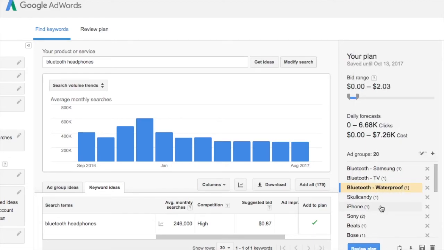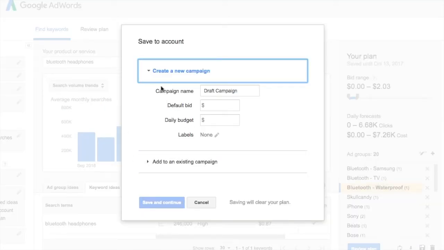So what we're going to do here to make things really easy is we're already in AdWords. So this Keyword Planner is a Google AdWords product. So what we can do here is click Save to Account, and we could do Create a New Campaign. So what I'm going to do is do campaign name. Let's just do